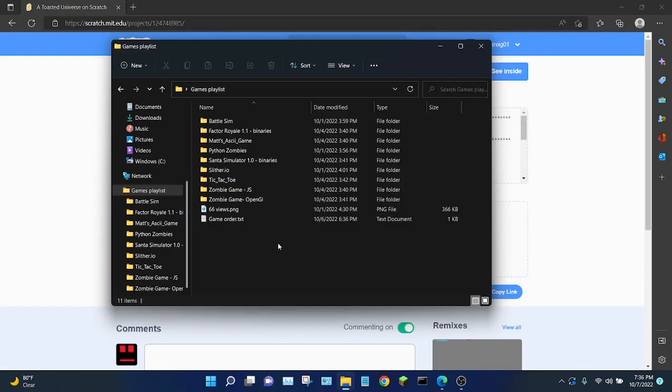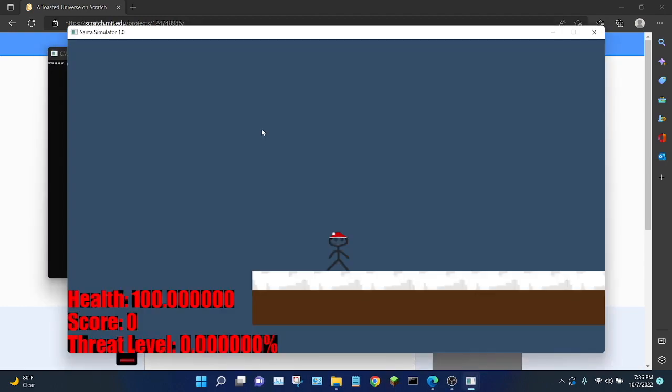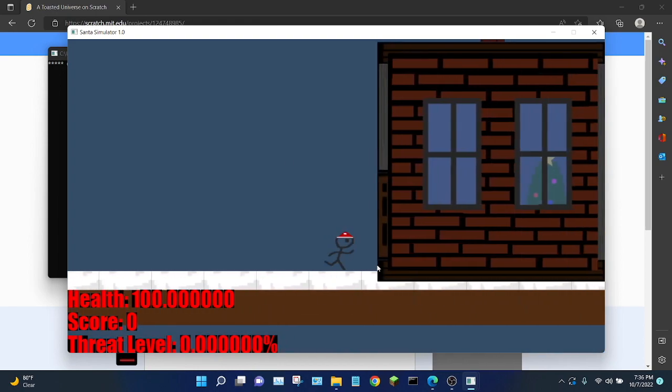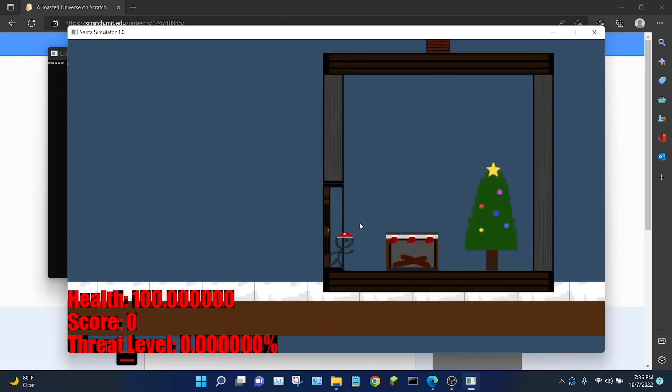Number 1, the best game I have made by far is Santa Simulator. So Santa Simulator is a game where you play as the stick figure Santa. I was saving a bit on the artwork. You play as a stick figure Santa delivering presents to children and underneath Christmas trees. You click E to open doors,